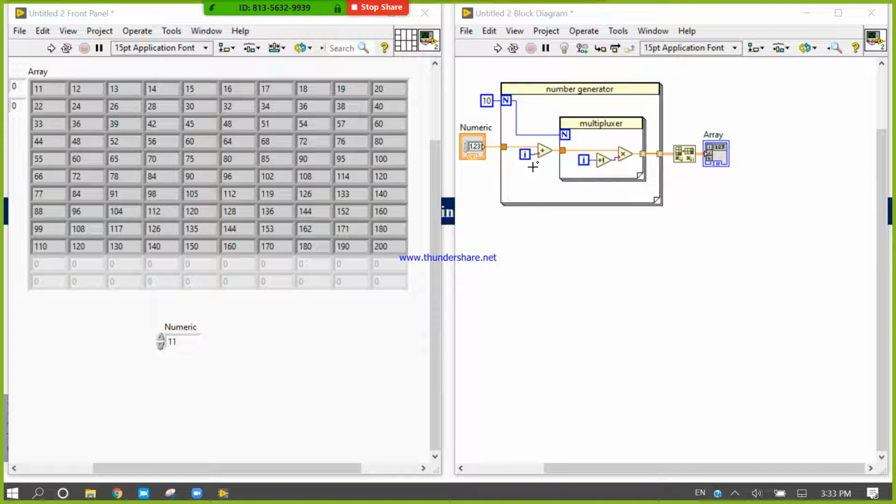For the first run it will generate 5 plus 0, which is 5, and 5 will enter. When 5 enters it will run 10 times, and every time it will generate a value from 0 to 10.